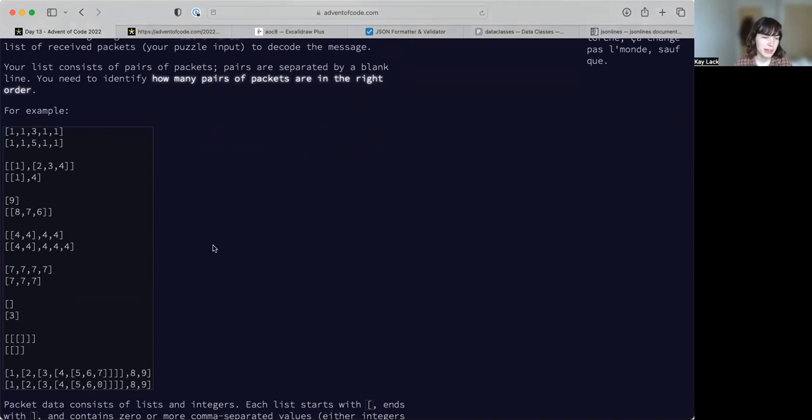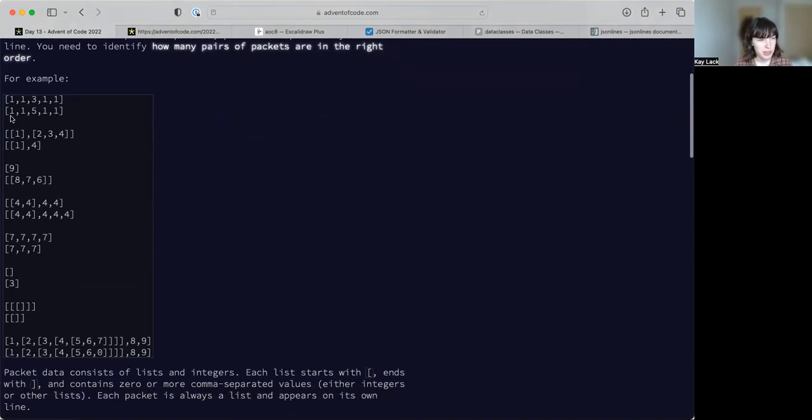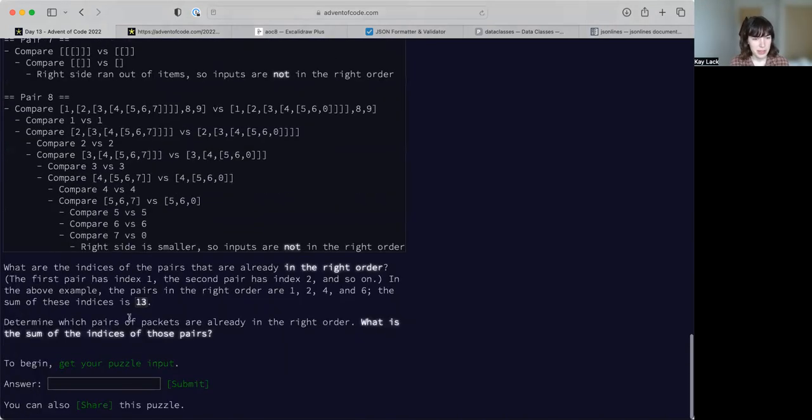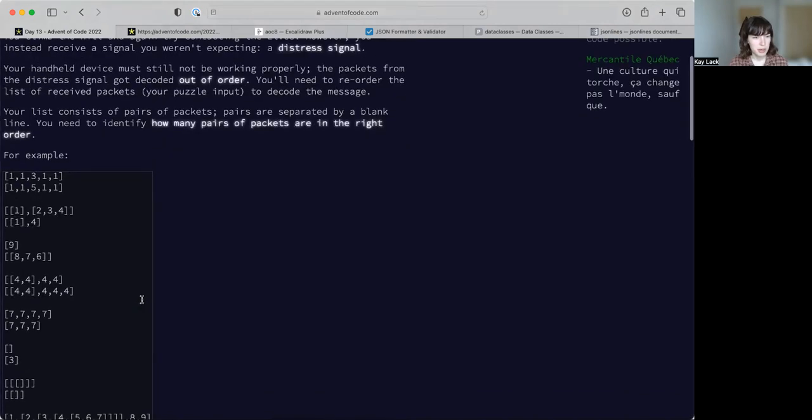We've got a list of pairs of lists of integers, kind of. They can be recursive, but they're all in pairs, and the story goes that some of these are in the right order and some of these are in the wrong order. It doesn't tell us what the right order is, just that we need to work out how many, or rather the indices of the pairs that are